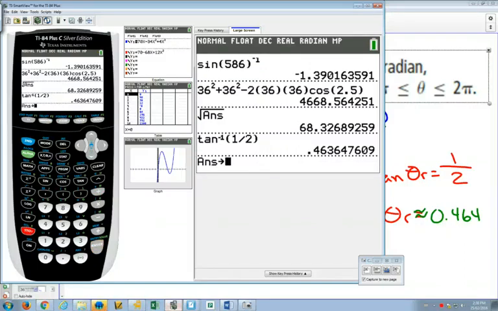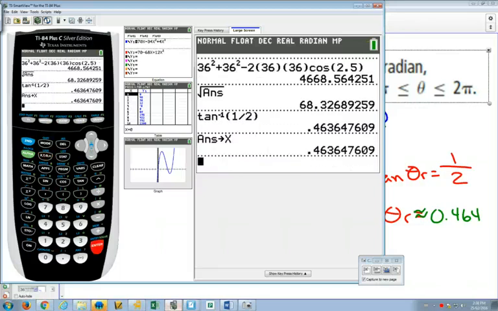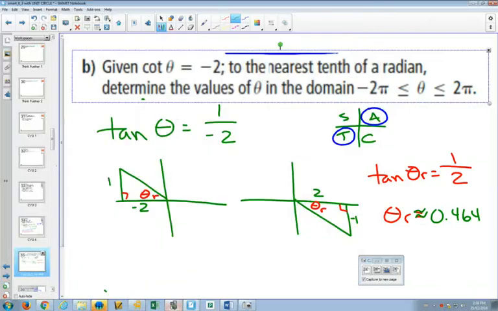And what that store button can do is you can store that answer as any letter you want, or even as X. I often choose X because it's the quickest one to push. But if you wanted to store it as A or B, or if your favorite letter is C, you can do that. The reason that's nice to do is now when we want to find out what these angles are